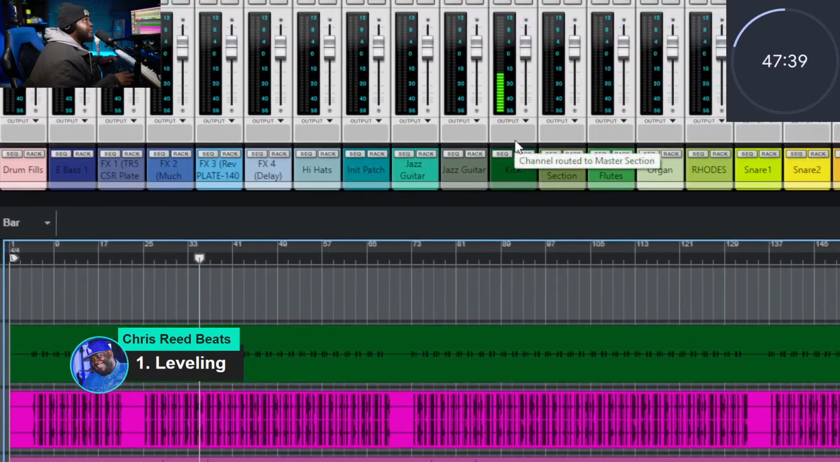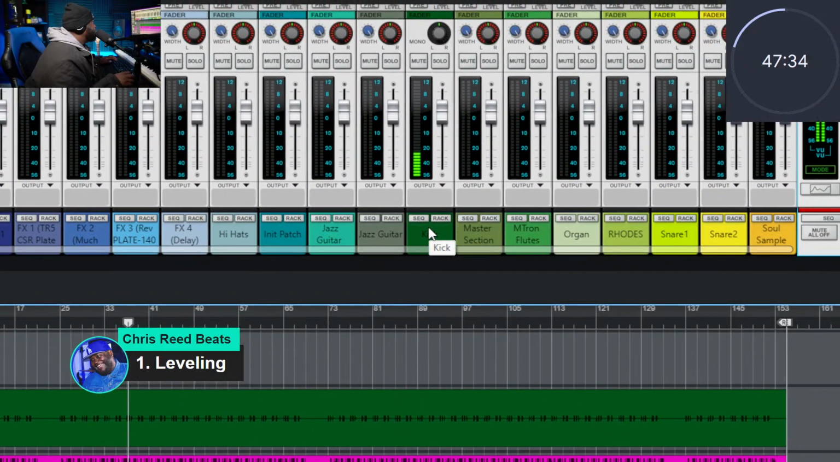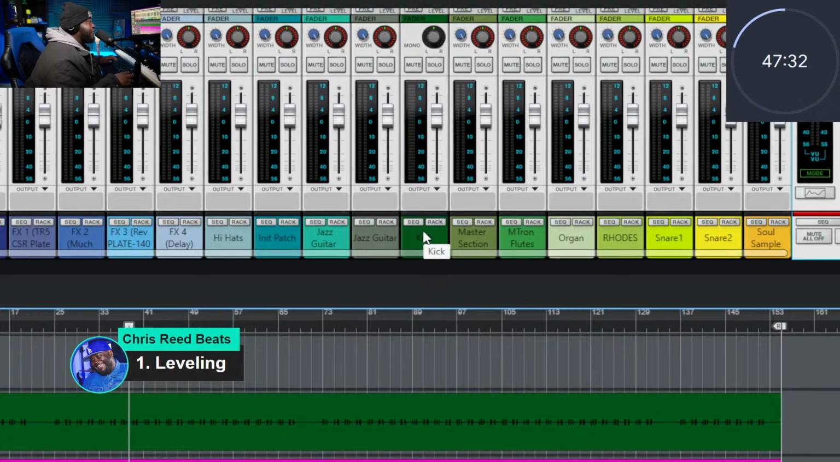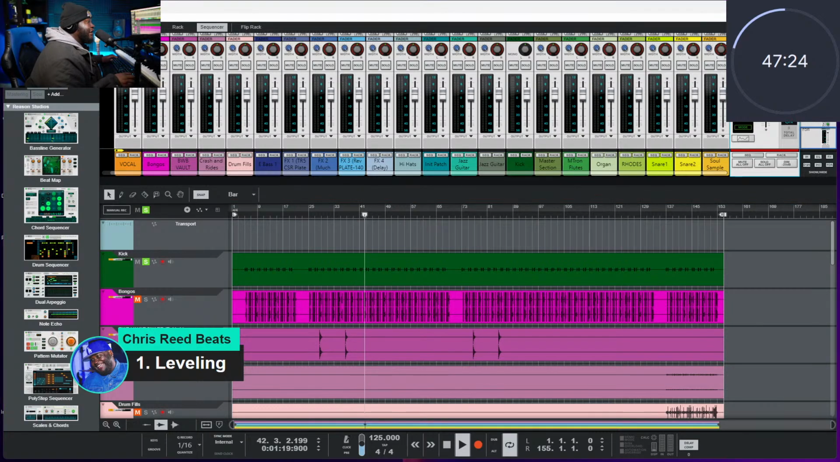Okay. So I'm aiming for like -10. I'm aiming for right around here, this -10 area. And if I'm looking at my meters,